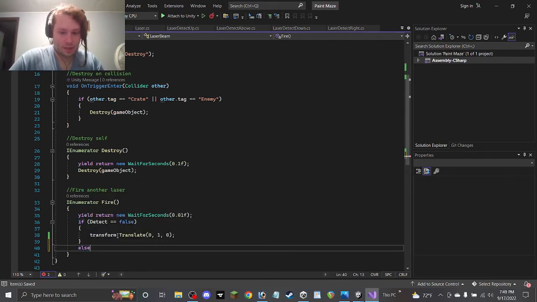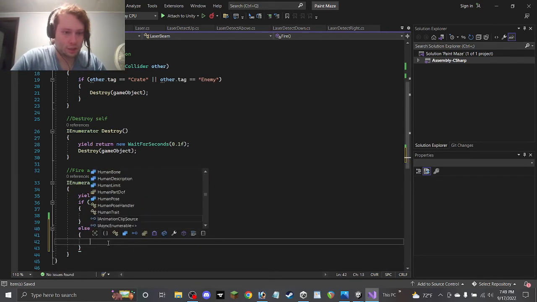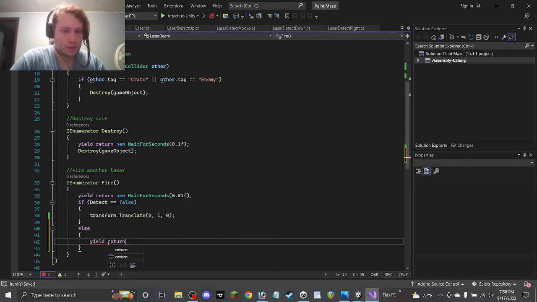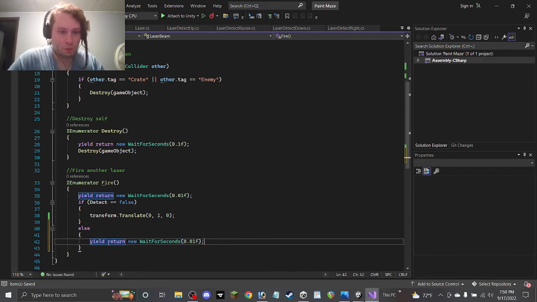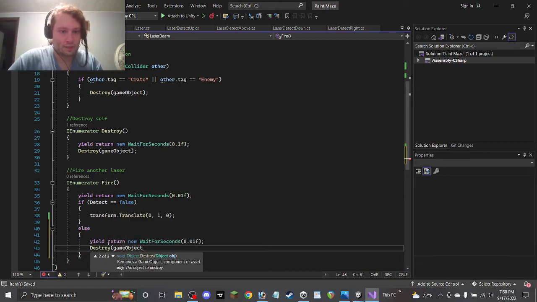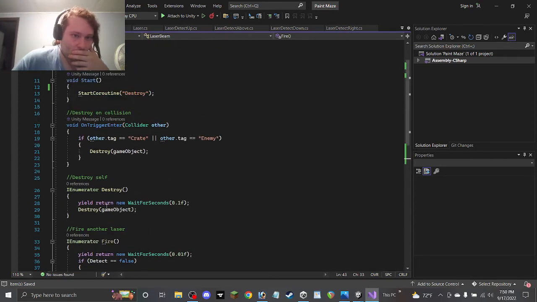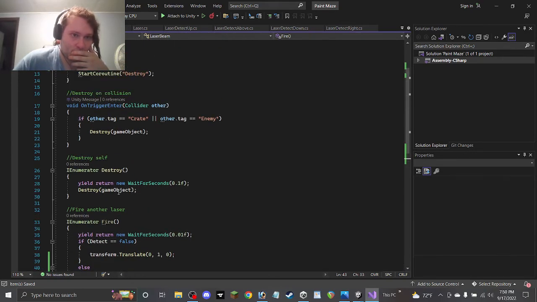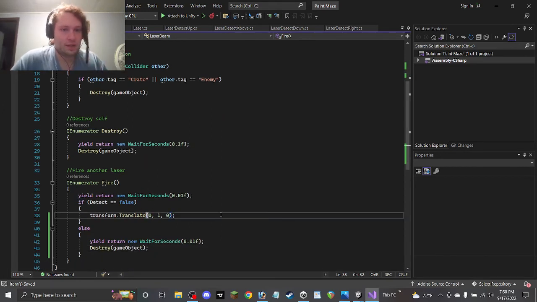Alright, now what else is important? Yield. Well, I don't know how this is going to work because of all the, what do you call it here? Wait for seconds, 0.001F. Boom. And then it will destroy itself. I really made this more complicated than it needs to be, but I think that's what we need. It translates upwards. Don't know how it's going to work with all the other stuff being rotated. Chances are certain things might have to...